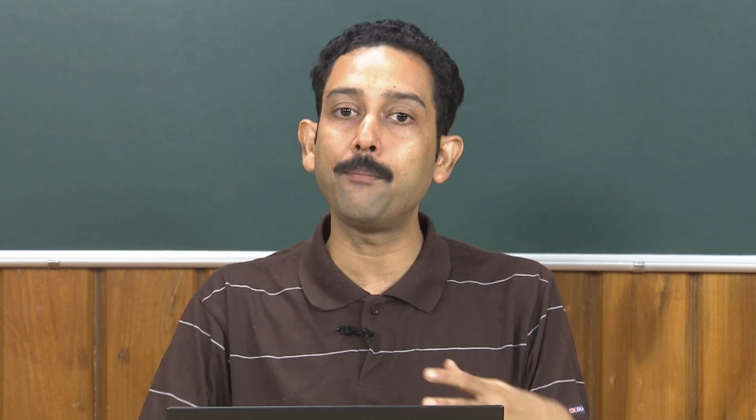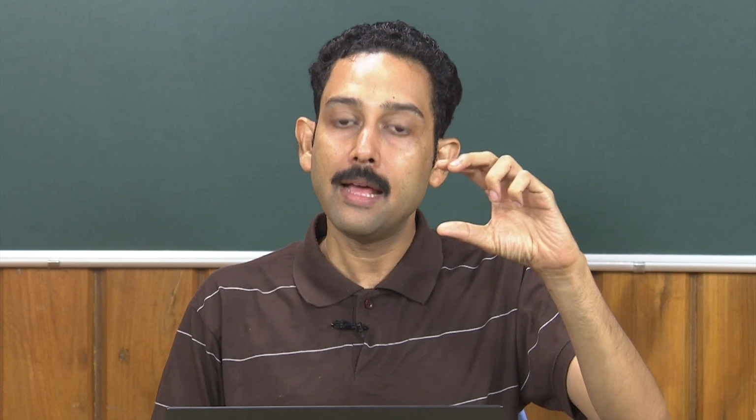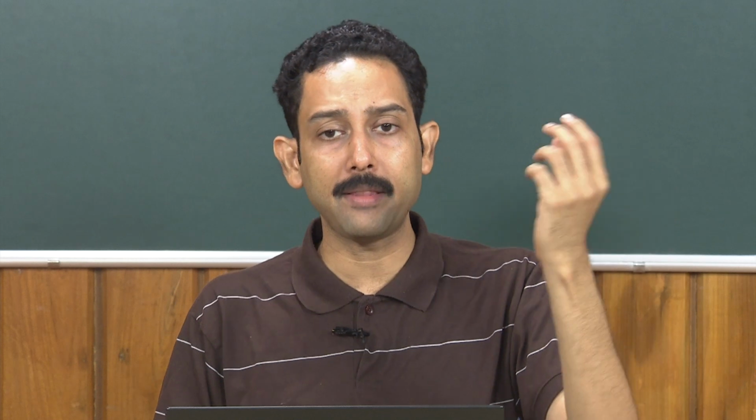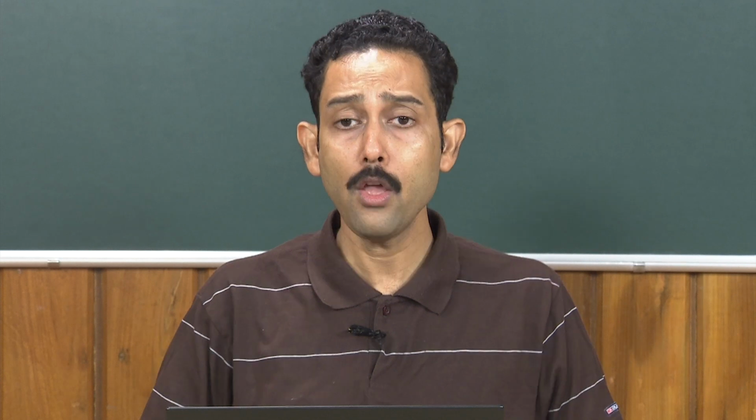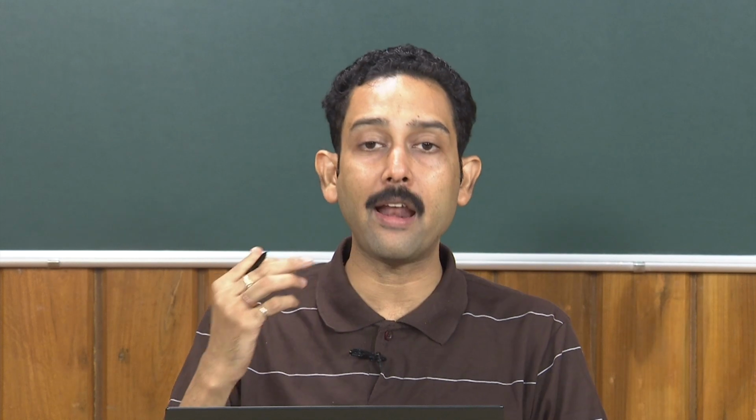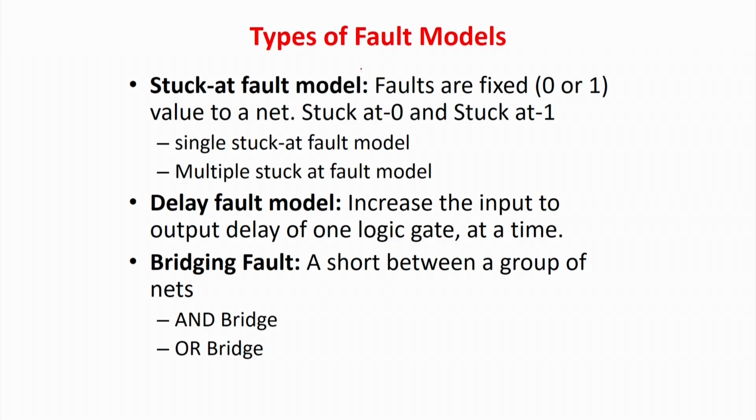So, people have found out different types of fault models which are very closely related to the defects. But if you really think of defects, the Pandora's box will open up. Defects can be many, it can be at the net level, it can be at the transistor level, it can be at so many different places. But how do you abstract it as a model? So that they are easy to represent and easy to test, while the quality of assurance is still high. By studying all these defects at the silicon level and device physics level, people have found many popular and widely accepted fault models. How do you make it widely accepted? Statistical experiments.